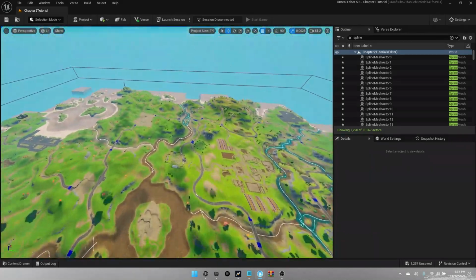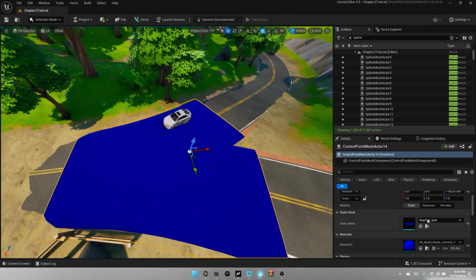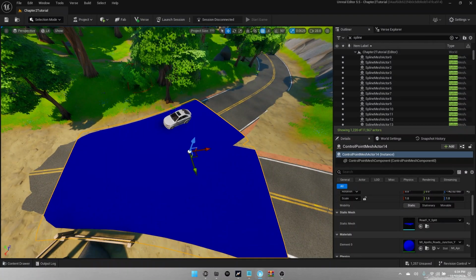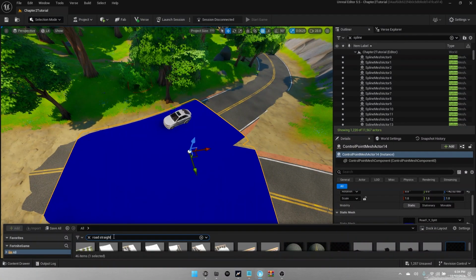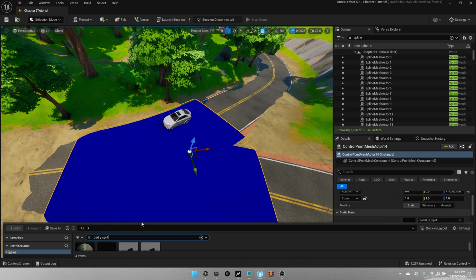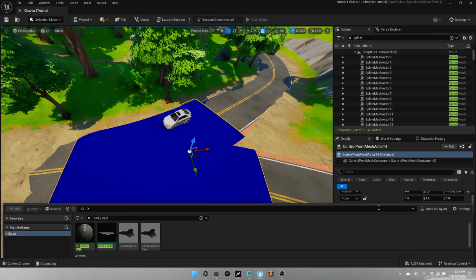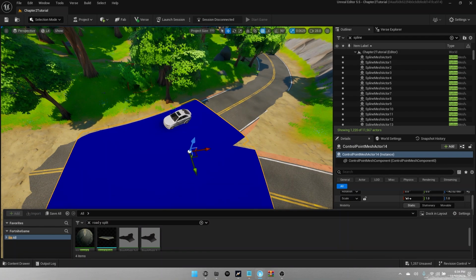Now there is one thing, like some over here, there'll be little blue chunks. And the way to fix it is, see, it says right here that it is this split road piece. So what you're going to do is look up road Y split, because that's what it uses, right? And you're going to drag this mesh. So I like to do it like this, so you can scroll on this little thing right here,